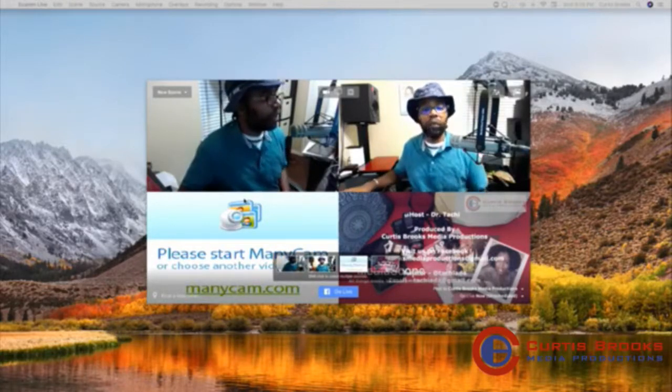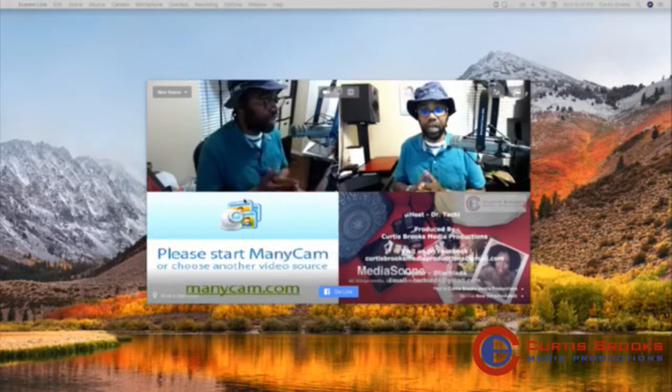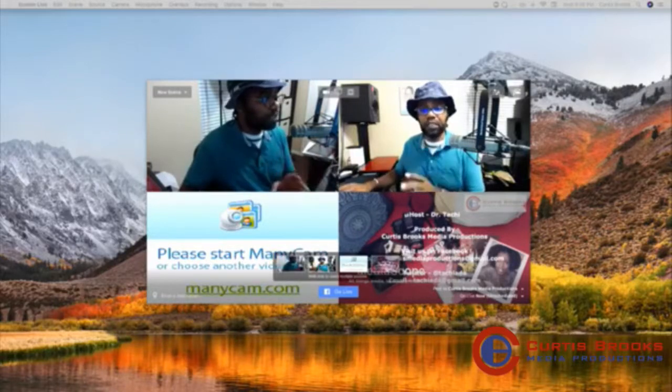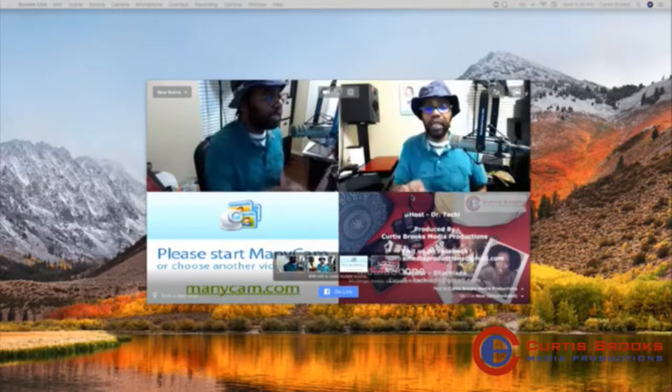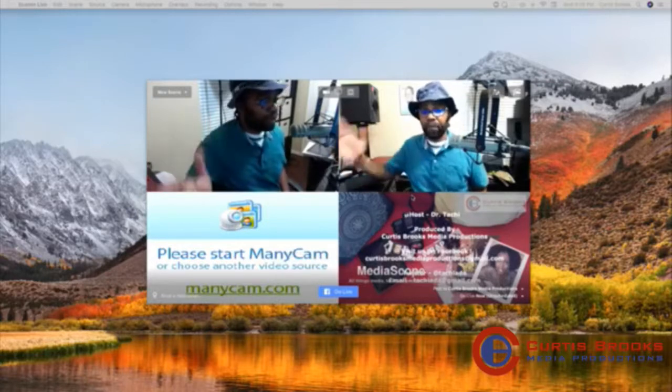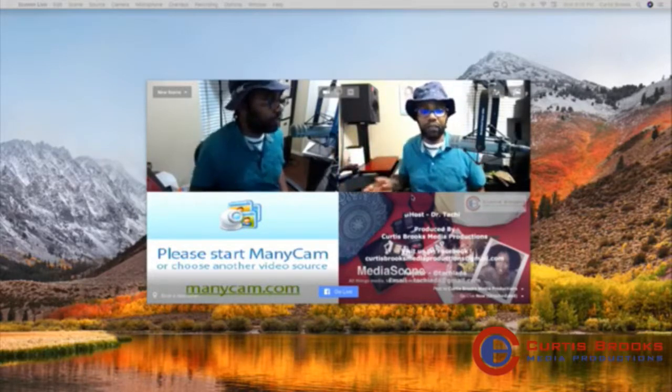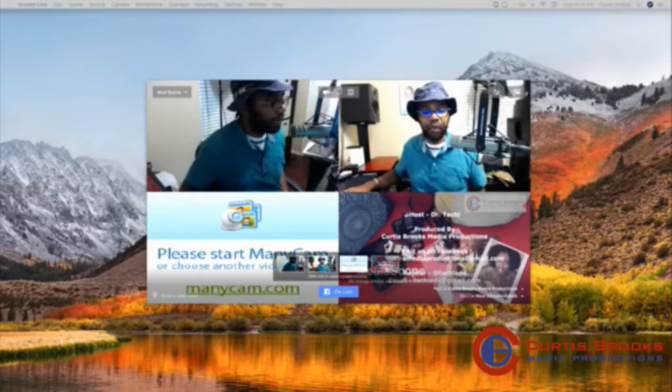So again, right now you're looking at a 4-shot, and it has the Logitech camera here, which I'm pointing at, and it has my FaceTime camera coming from my iMac, which is to my right, your left, and then it has the ManyCam virtual camera, which is not connected, and it has the other virtual camera that comes from Wirecast.